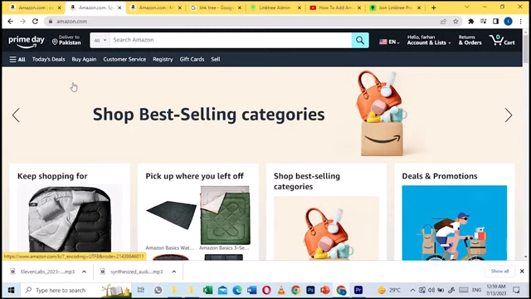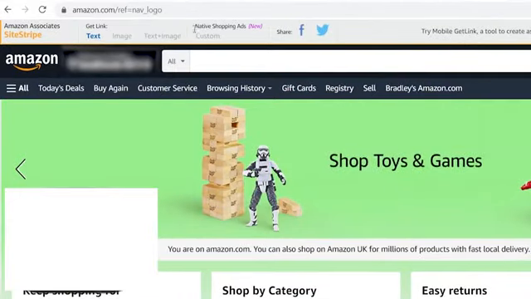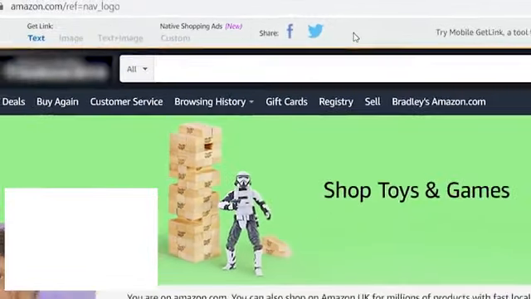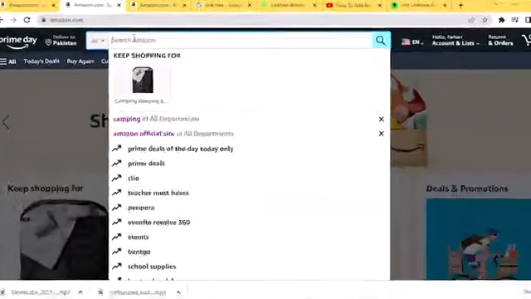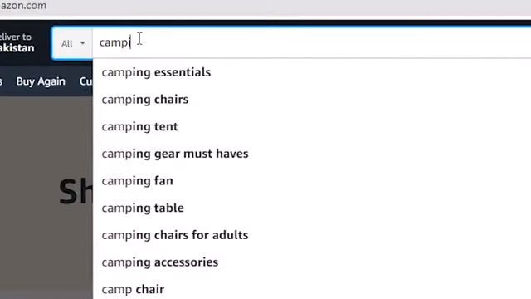Then go to Amazon.com or wherever your affiliate account you've signed up for, whichever country, then refresh the page. And then here you should have this gray box up here, which is Amazon SiteStripe, which allows you to grab your affiliate links. So now we can go ahead and type in any product, so I'll just type in